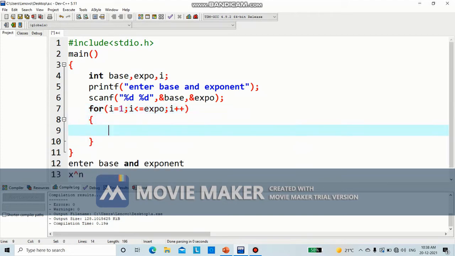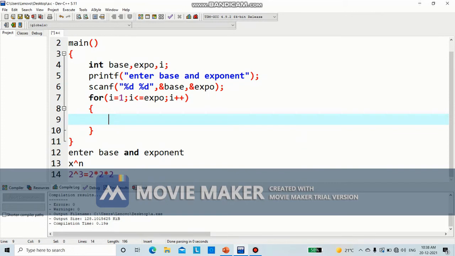Now suppose I am giving the base value 2 and exponent value 3. When the loop runs the first time, what is the value that you want to display? Here it is the value of the base. To display the result, let us take one more variable, result.